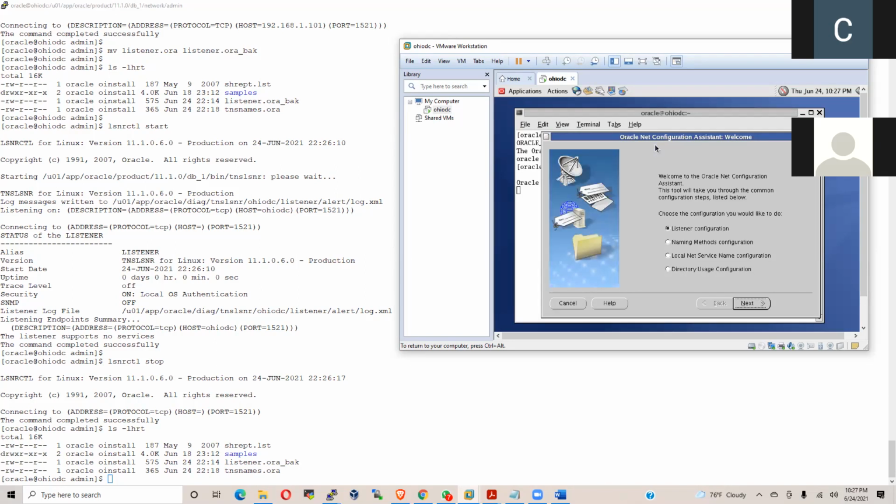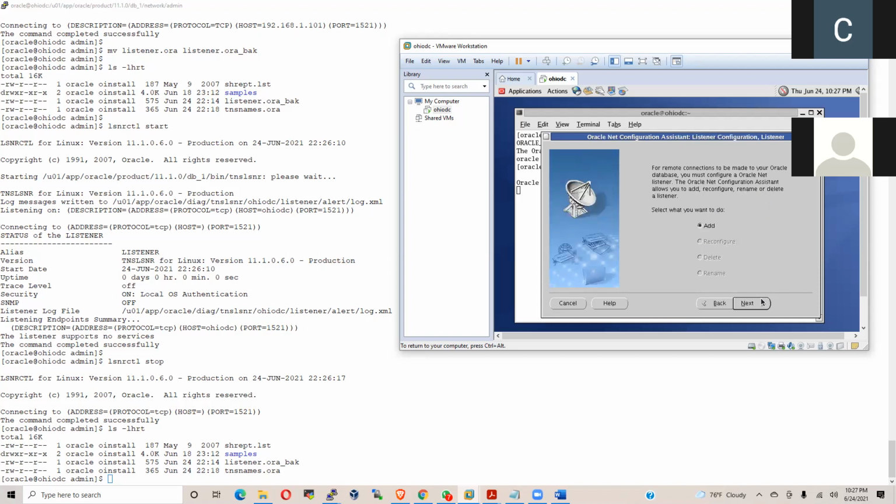Okay, just click next. Wait, read it first. What is it saying? What do you want to do? You want to do listener configuration. Okay, fine, click next. You want to add a listener. Click next. What should the name of the listener be? It will be listener only. Click next.